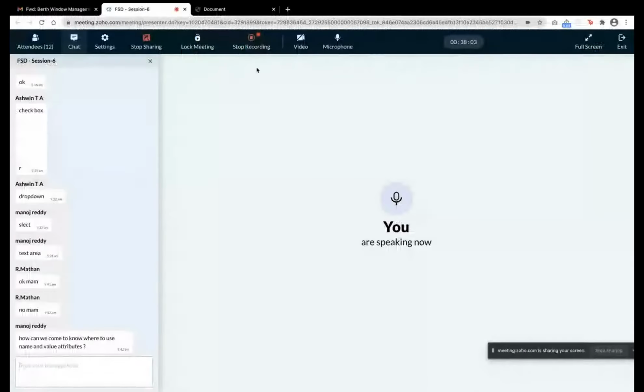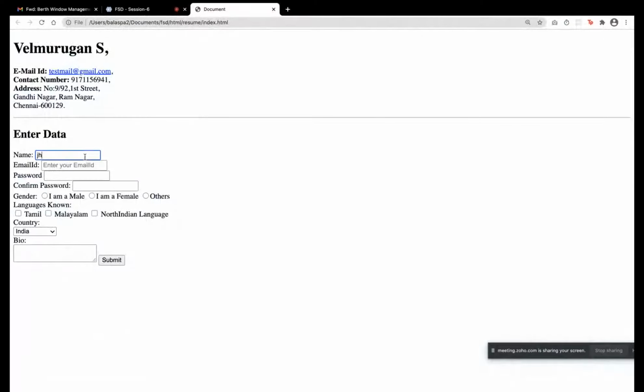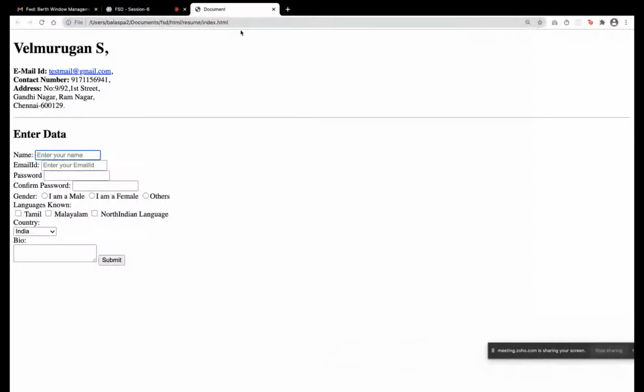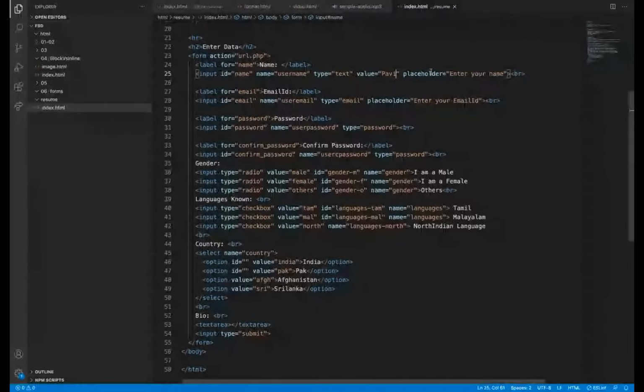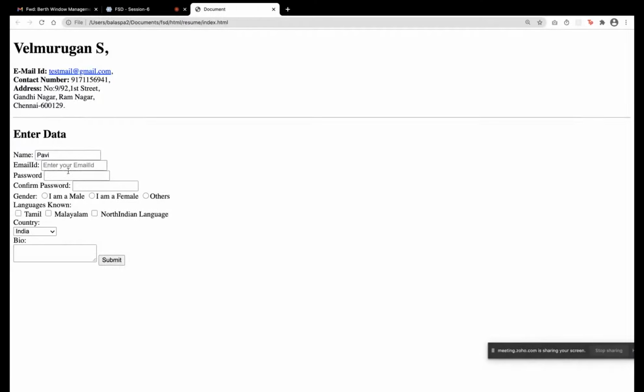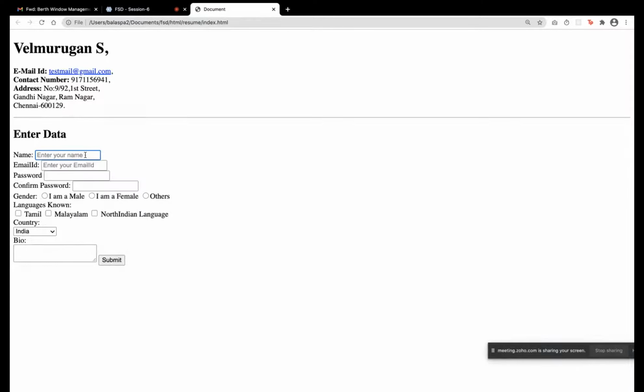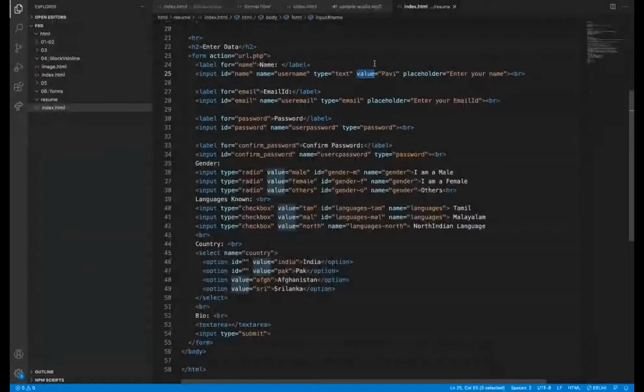For the others, it will automatically take the values we are typing in. But sometimes we want it to be pre-filled. That time we can give value like this also. If I change it, I can delete and change, and the new value will get assigned. Sometimes, I think this is the phone number tag.